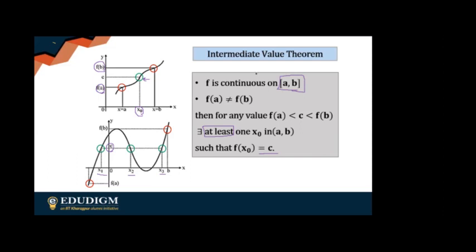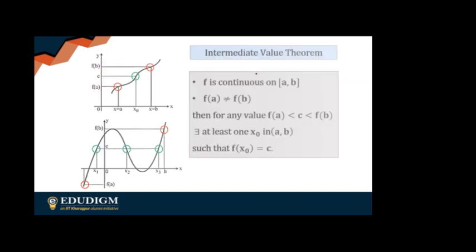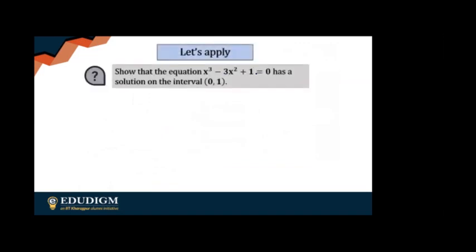Still, if you have any doubts, please let me know, because this is very, very intuitive. Okay, so there's a continuous function having different values at the extremities. So between those two values, if you take any value, at least it will be one of the functional values in that interval. So I'll do one example with you so that you people understand it better. If you still have any queries, we'll just come back and answer, okay? Let's apply and see one possible